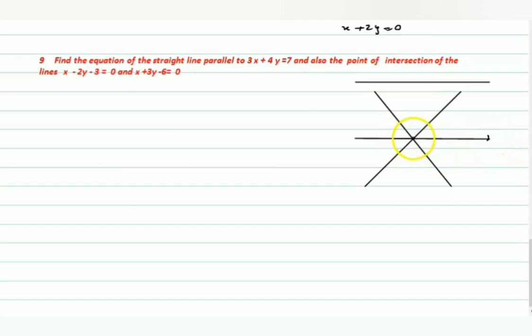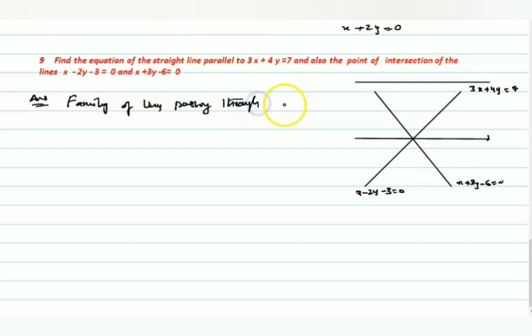Passing through the point of intersection of the lines x minus 2y minus 3 is equal to 0 and x plus 3y minus 6 is equal to 0, and parallel to the line 3x plus 4y is equal to 7. Okay, now let us write the answer for this. Simple problem. What is the family of lines passing through the point of intersection of